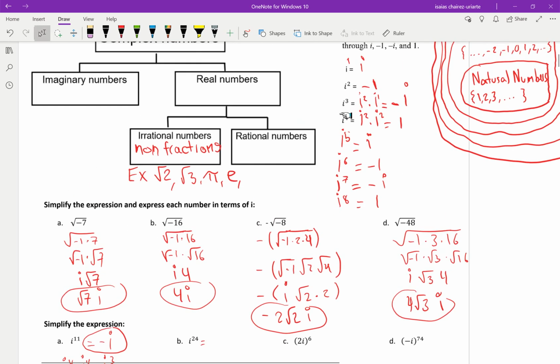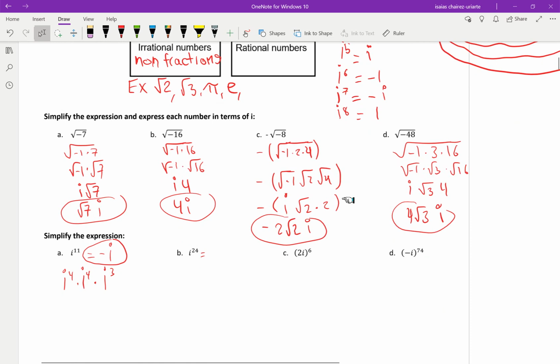If the exponent is a multiple of 4, or rather, if the exponent is evenly divisible by 4, so 8, 12, 16, 20, 24, then if you have i raised to an exponent that's a multiple of 4, you're going to end up with 1. Or another way maybe to think about this, if you like to play with exponents, is to say that